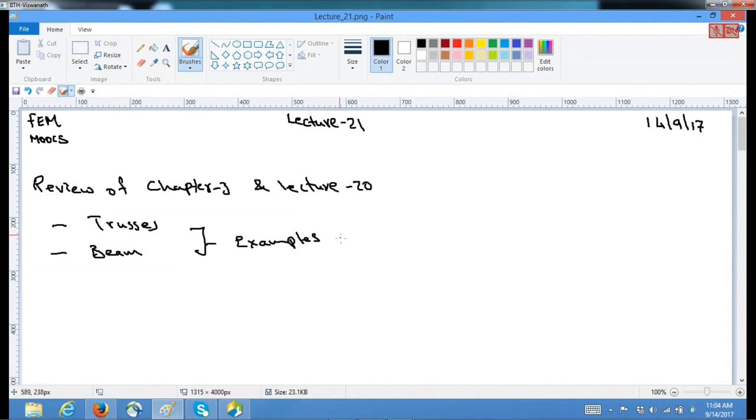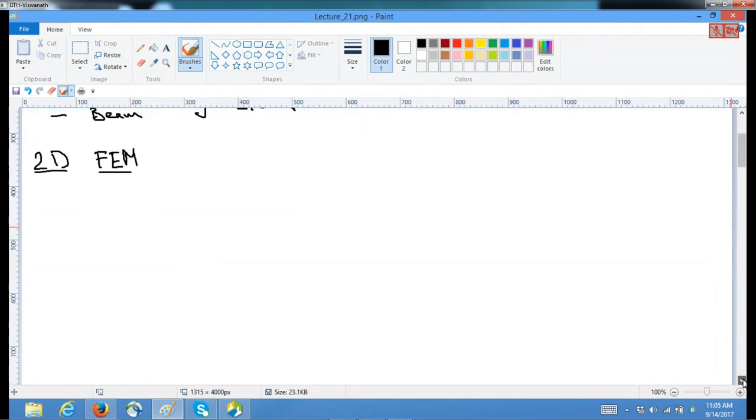numerically as well as analytically. We have solved several examples, and now we are moving on to the two-dimensional finite element. So from today's class, 2D and 3D FEM will be taught. Okay. So what we'll do is revisit a little bit of older stuff, and then come back to